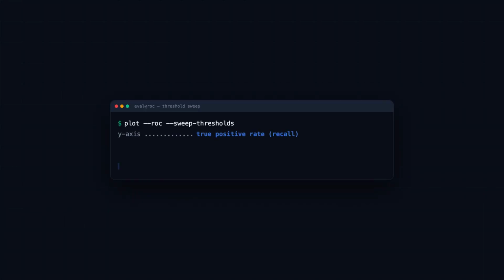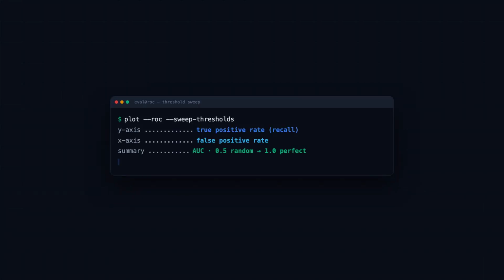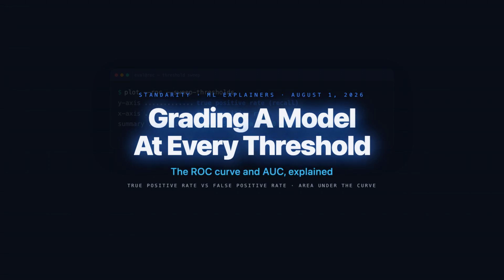Here's a problem with grading a classifier. A model that outputs a probability doesn't hand you a decision, it hands you a score, and you need a cutoff to turn that score into a plain yes or no. Move the cutoff toward strict and you flag fewer cases. Move it toward lenient and you flag more. Where you place it completely changes how the model appears to perform, so judging it at one fixed point tells